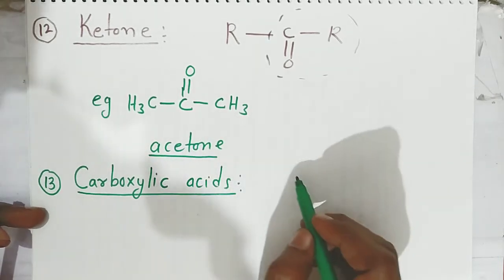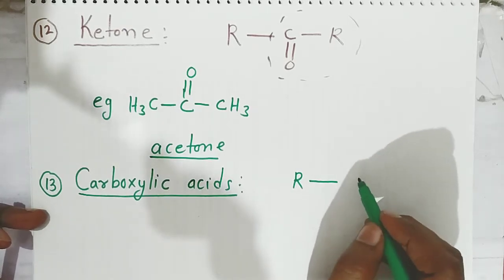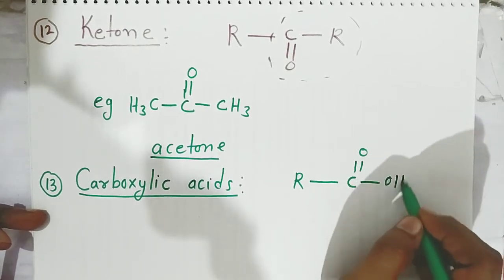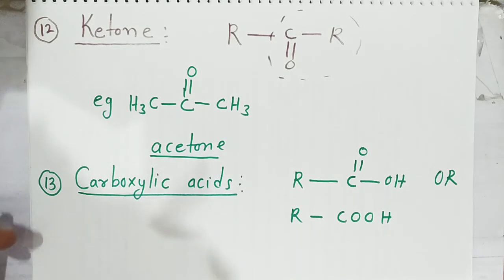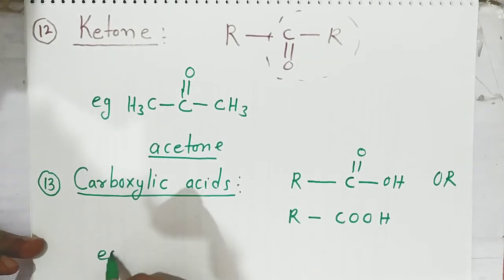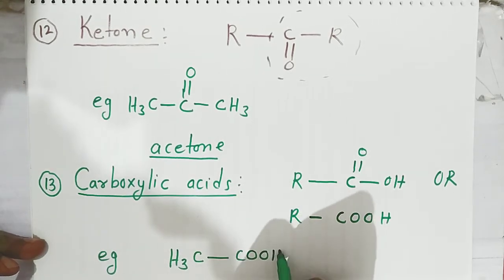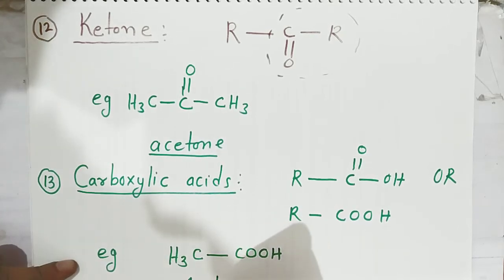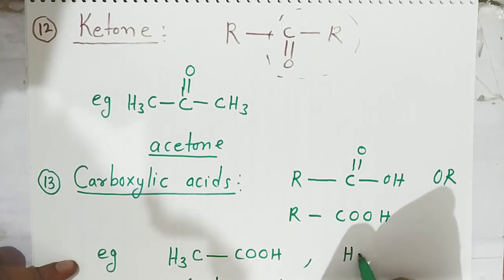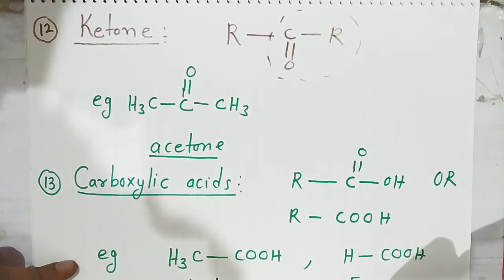Now here also, students, when hydrogen of the alkanes we are replacing with the carboxylic group, this is the carboxylic group, or we can represent it like this also, COOH. It's called carboxylic acid. Example, students, I am taking hydrogen of the methane and replacing it with the carboxylic group. This is called acetic acid. If you are attaching hydrogen to the carboxylic group, we call it formic acid. Formic acid is the exceptional acid, students.